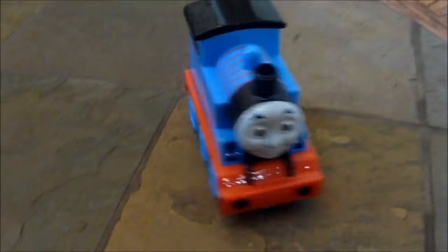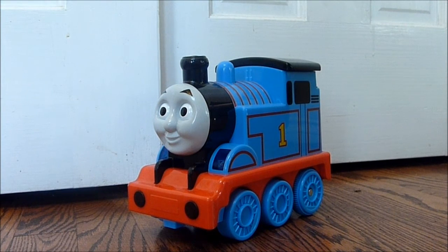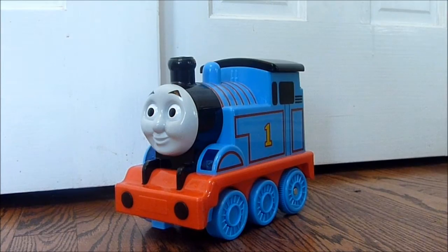Not only that, but this model has some other features. And when you pick up Thomas, he can make his steam sound once his wheels are off the ground. And also, when you push down on the dome,